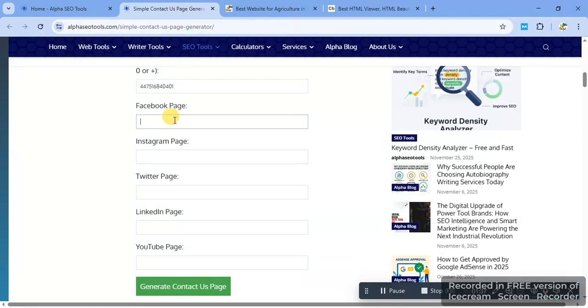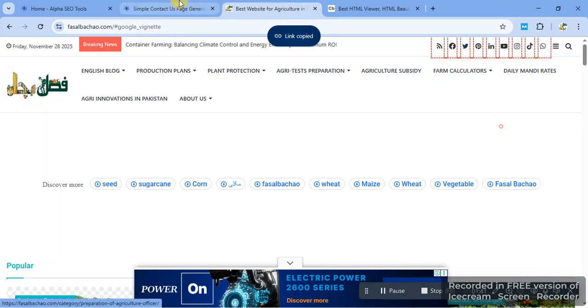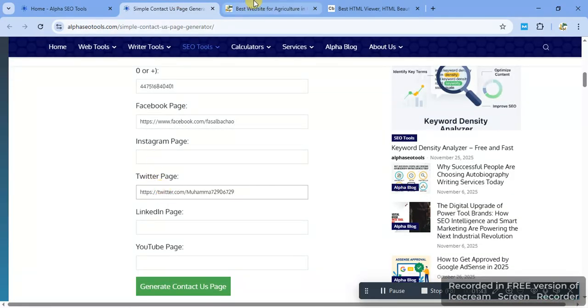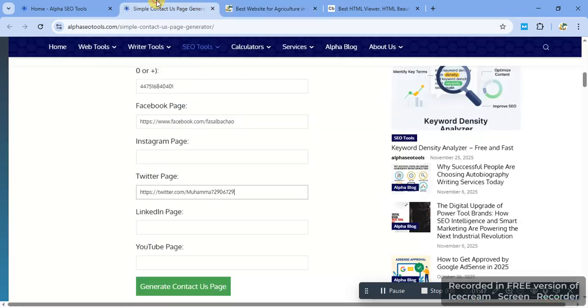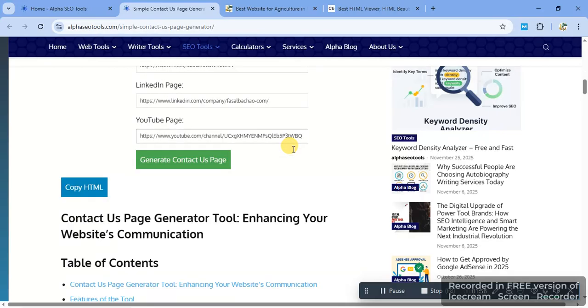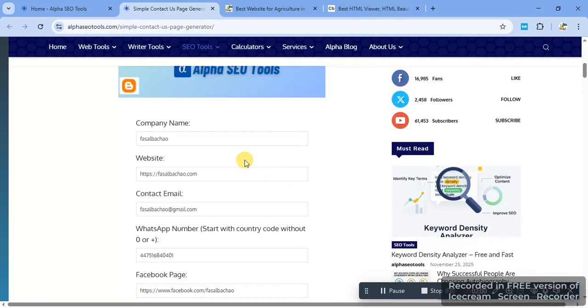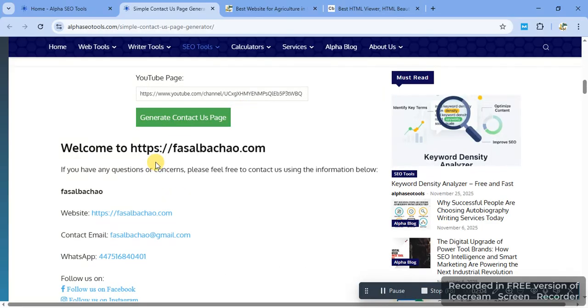This is the code I've entered, and for the Facebook page, let's take it from here. I just copy and link the Facebook page, and here's the X or Twitter page. Here's the LinkedIn page. Here's the Instagram page. If you also want to add a YouTube link, you can add it. So I have added all the details, and just click generate contact us page, and this will be the